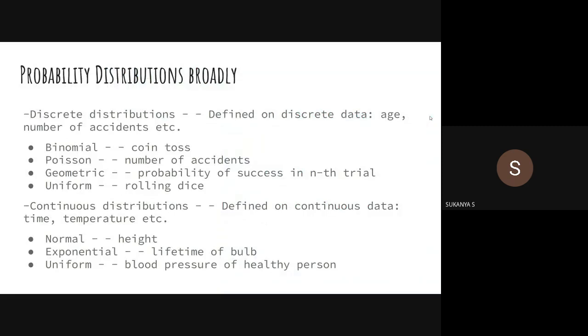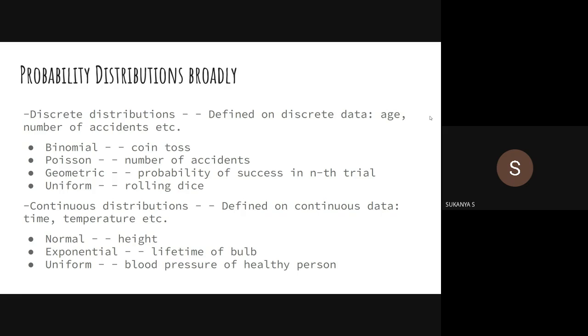Now, what are the basic probability distributions? I guess this is something you're importing from week zero content, from Stats 1. The basic discrete distributions that we have already studied are binomial, Poisson, geometric, and uniform. These are the important ones that we come across repeatedly.